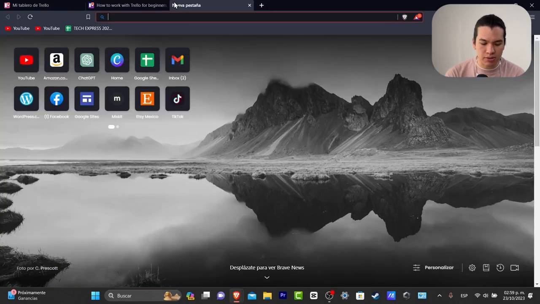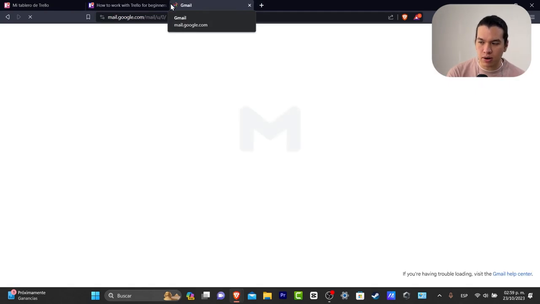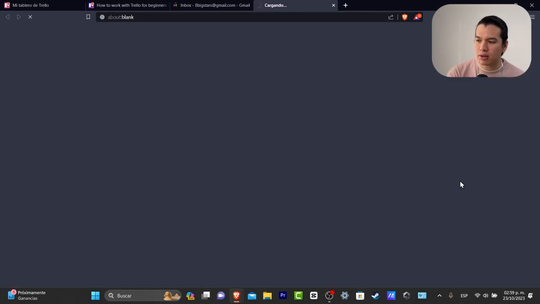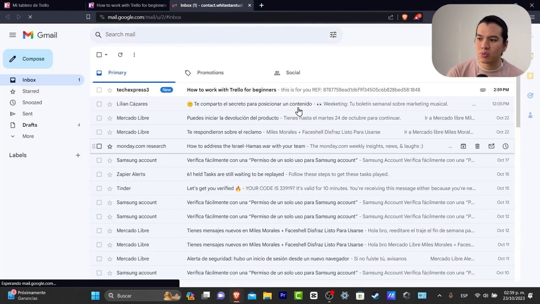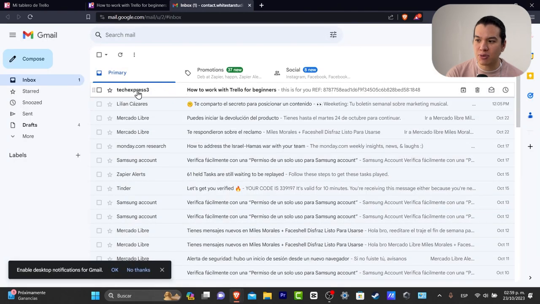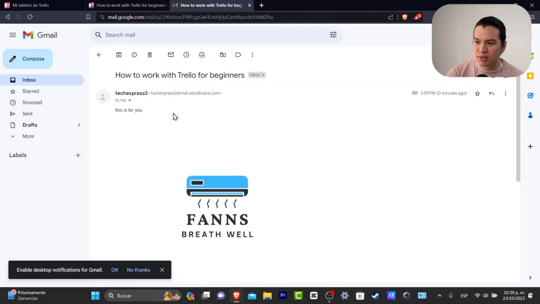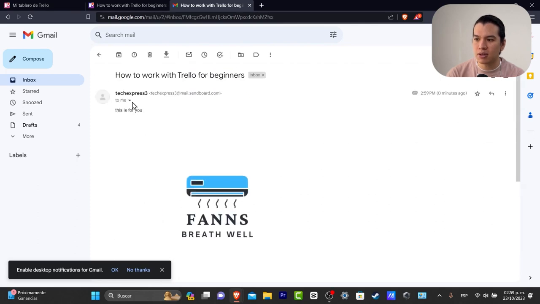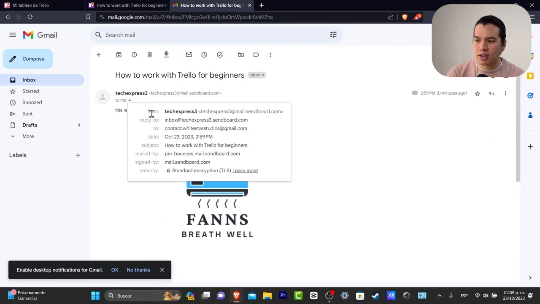What I'm going to be doing, just to make sure that this actual send board works for me, is open my Gmail. I'm going to open the one where I sent it. And as you can see, I do have the actual mail sent by default. So as you can see, this is for you. Vent, breathe well. And if you focus on who sent the email, I'm going to go into the upper side to me, like this, reply to inbox at